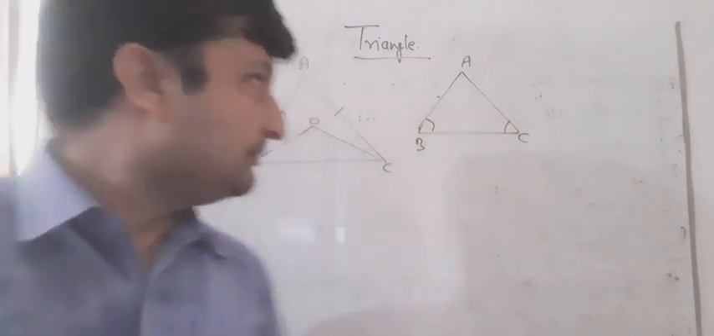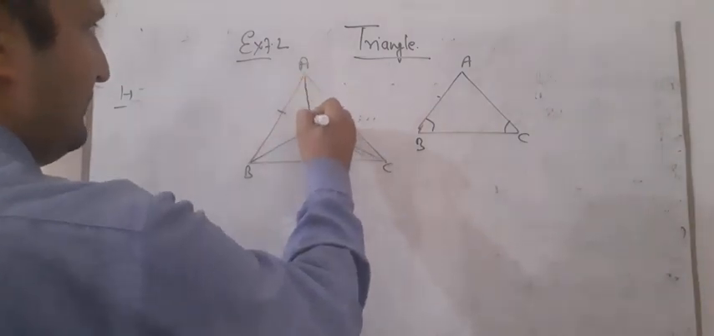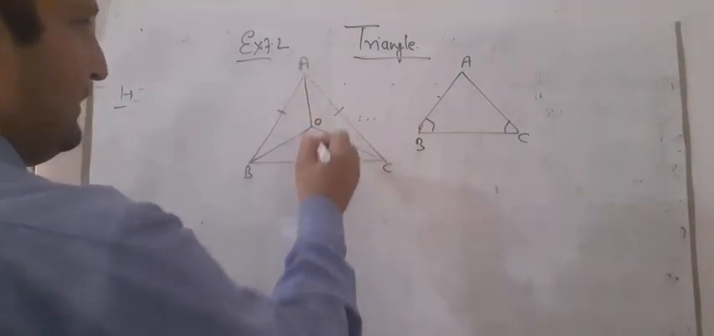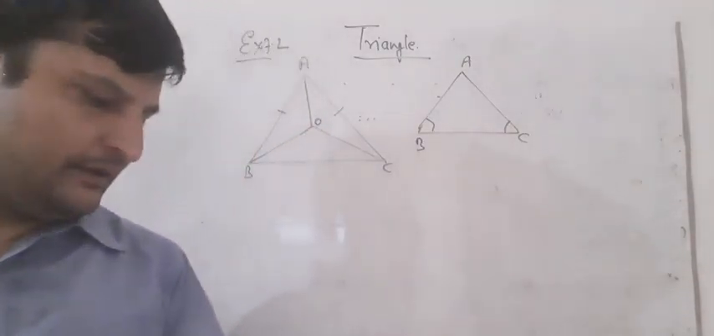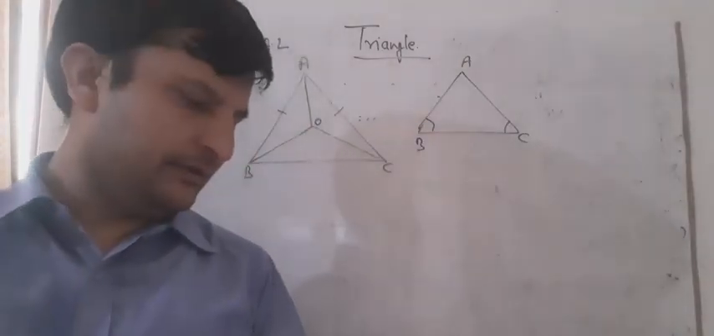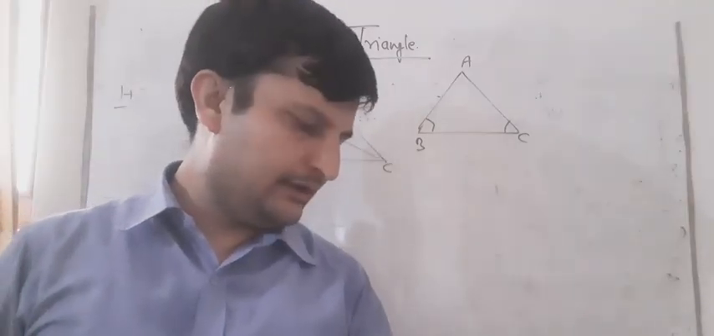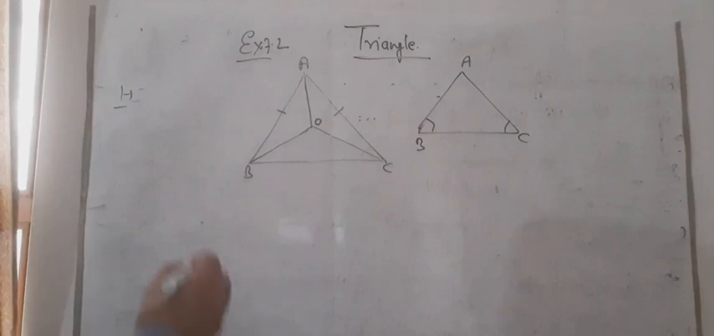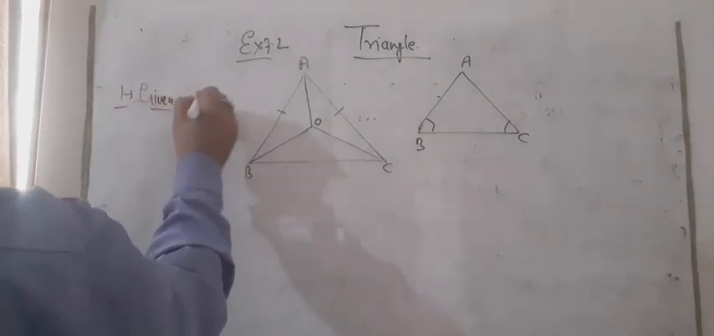Join A to O. Now it is written that join A to O. We are joining this point. This point is O. Join A to O. So that we have to show OB is equal to OC, and AO bisects angle A. It means what is given, students, first we will write given that in